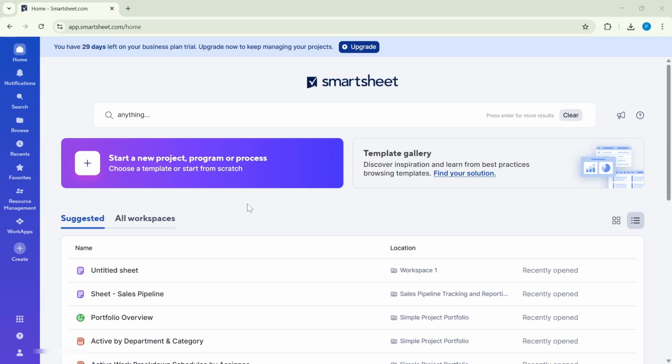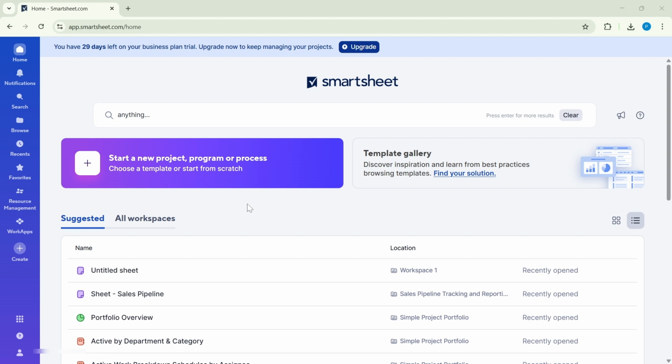In today's video, I'm going to teach you how to become productive with Smartsheet. Full Guide 2026. First, open your preferred browser and go to smartsheet.com. This is your hub for building trackers, dashboards, and automated workflows. If you're new to the platform, the homepage also gives you helpful guidance and templates, but we'll focus on getting